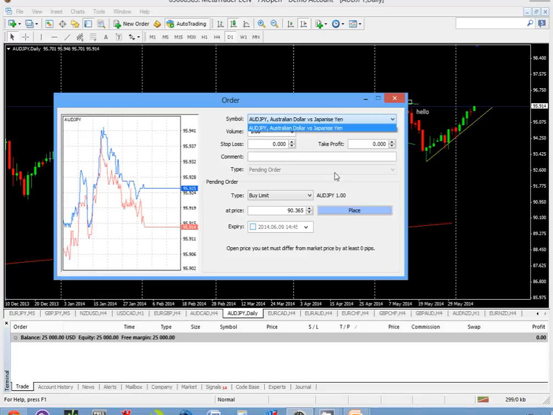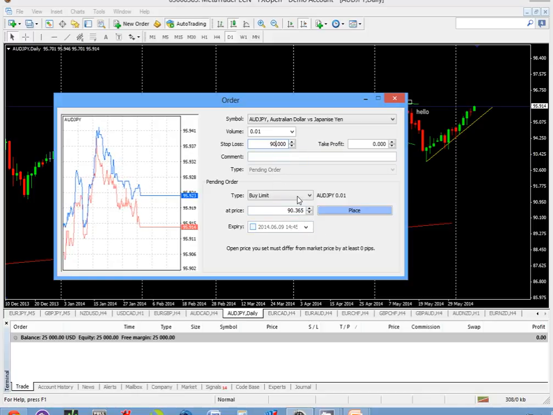So you can change, we're set up in the AUD/JPY pair, you can change your volume to whatever you want. We have the current price here, so typically you're going to want to put a stop loss in. A stop loss is just simply how much you're willing to risk on the trade. So if we're going to buy at 90.36, we may want to put a stop loss order in at 90. So that way if it falls from 90.36 to 90, we'll get out of the trade and we'll lose that 36 pips. We also may want to put in a profit target at